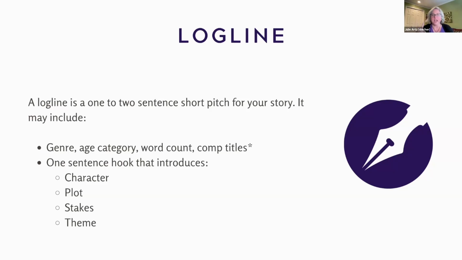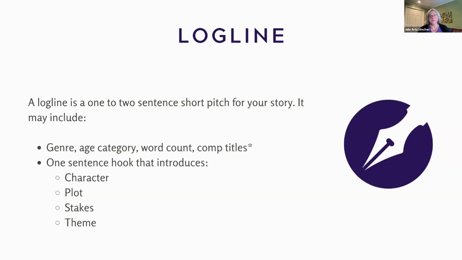The first is that genre, age category, word count, and comp title that I talked about. And then the second part is a 1 or 2 sentence hook that introduces your character, your plot, your stakes, and maybe your theme. If you are working on a story and you don't have some recent comparable titles, I would say things that have been published in the last 3 to 5 years that would sit on the shelf next to your book,